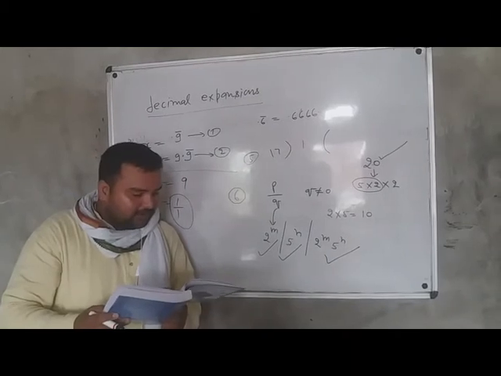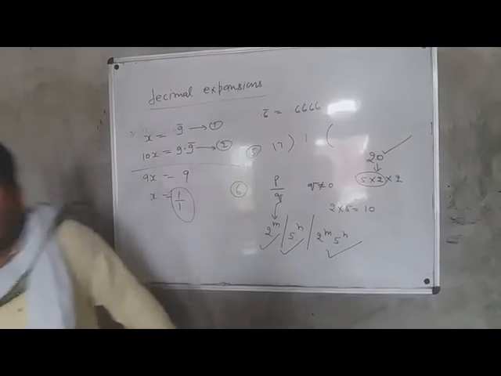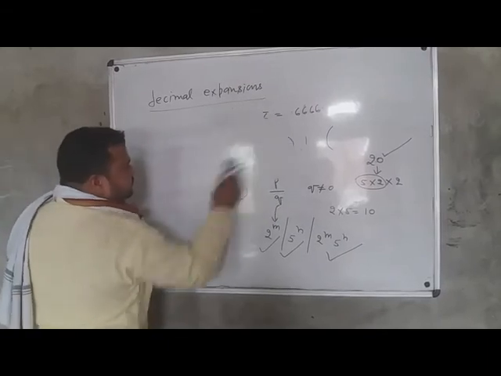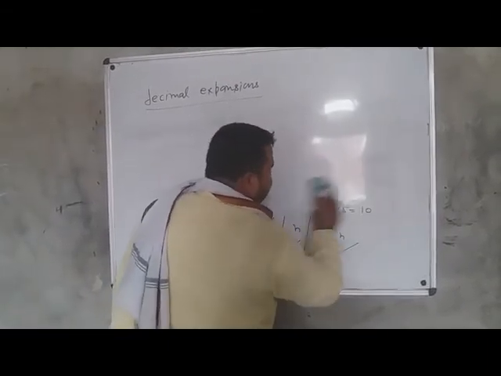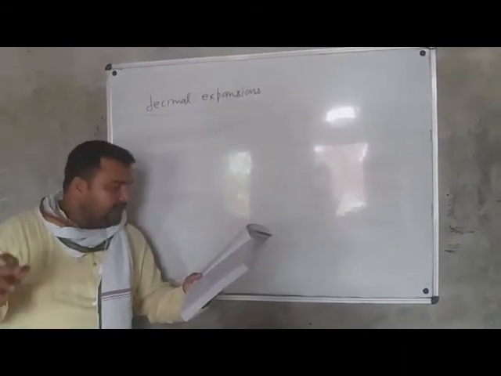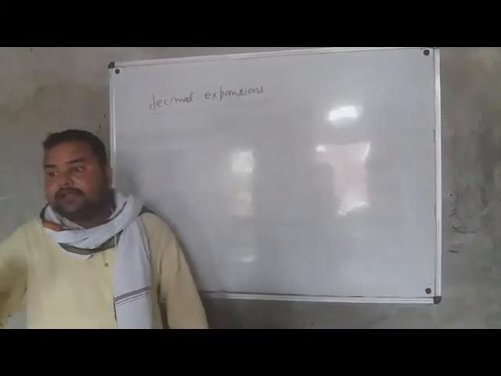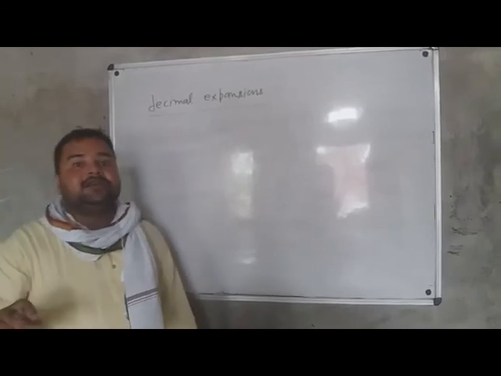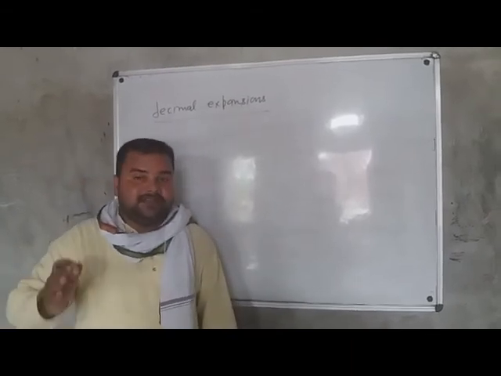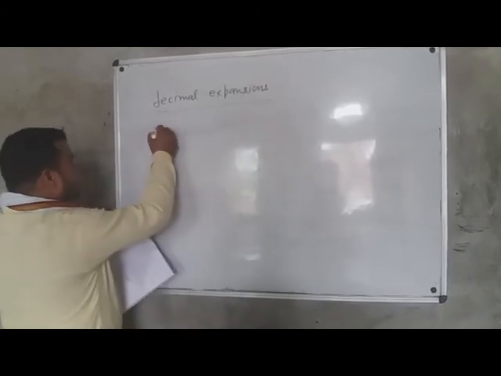Now question number 7. Write 3 numbers whose decimal expansion are non-terminating, non-recurring. Okay. Please have a screenshot. Very good. Beta, question number 7, we have to tell the numbers non-terminating, non-recurring, and we know very well that numbers that are non-terminating, non-recurring are irrational numbers. We don't have any pattern in the decimal expansions. Understand beta? Very good.